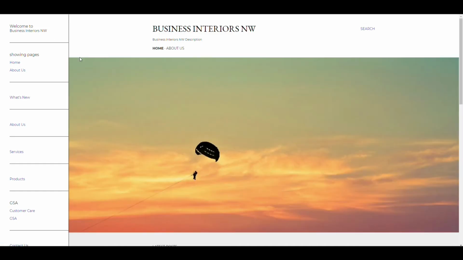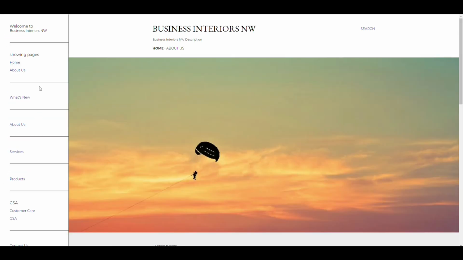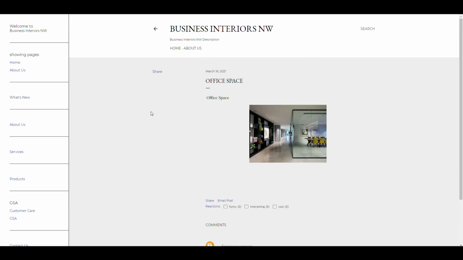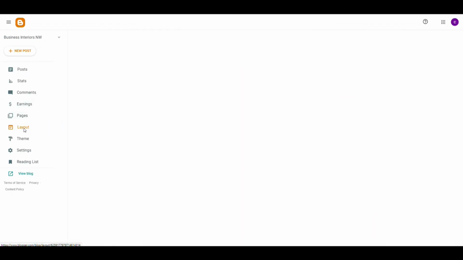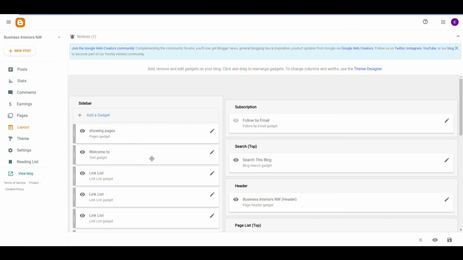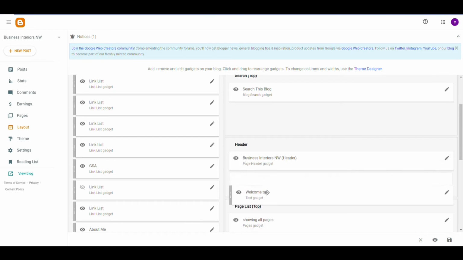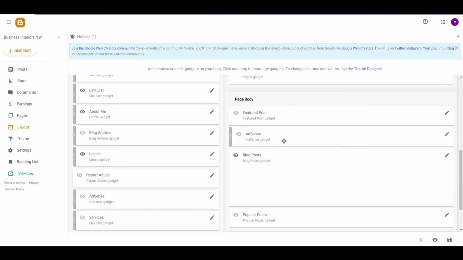So that's how to make a blog or a website in Blogger for Business. So pretty easy. You can move all these around as I was showing earlier. Just drag and drop them here and there. Okay, I'll put this over here. And you can make it show up inside of the post